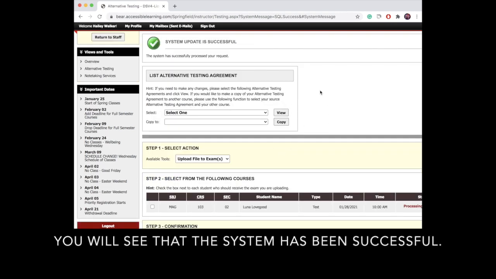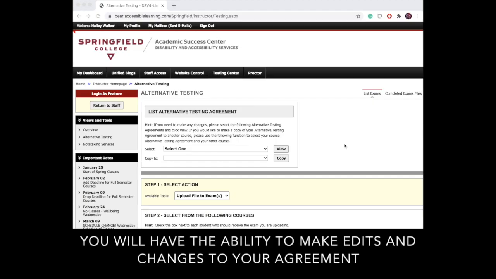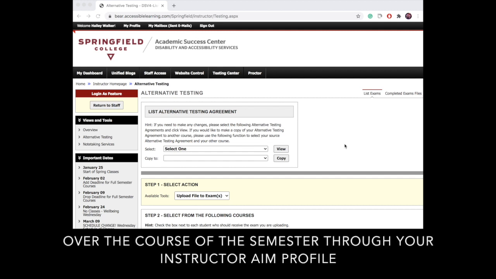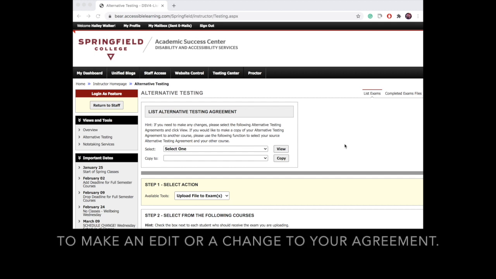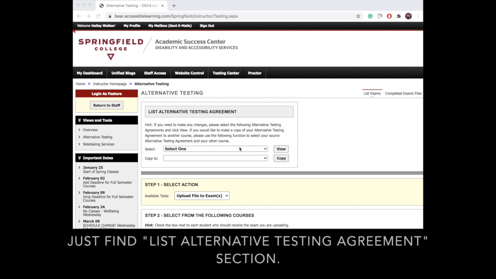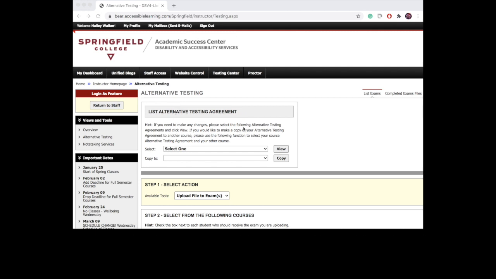You'll see that the system has been successful. You will have the ability to make edits and changes to your agreement over the course of the semester through your Instructor AIM Profile Alternative Testing module. To make an edit or a change to your agreement, just find the List Alternative Testing Agreement section, select